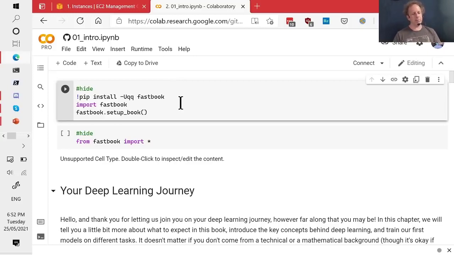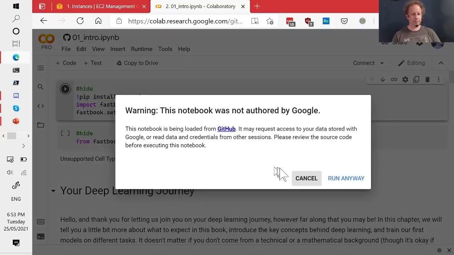One of the biggest problems with Colab is that it's not persistent, which is to say when I go to this notebook, it thinks it's never seen me before. Nothing's set up for me the way I want it. But we've set up the notebook so that the very first cell actually installs everything you need. So if I click this little run cell button here, it will run the cell. Although what I will do